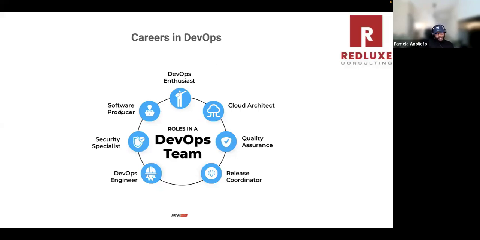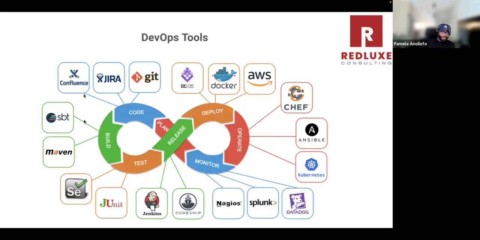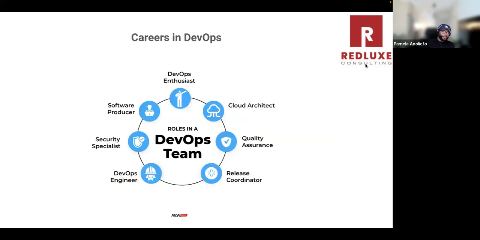Okay, so we also have software engineer or software producer, which is also a career in DevOps. This person comes in around the code and build stage. This is the person that's going to write that code to convert the color from red to blue. So whatever feature, whatever applications you want to build, that is where the software producer or software engineer comes into place. And as I believe everyone knows, this is one of the most creative